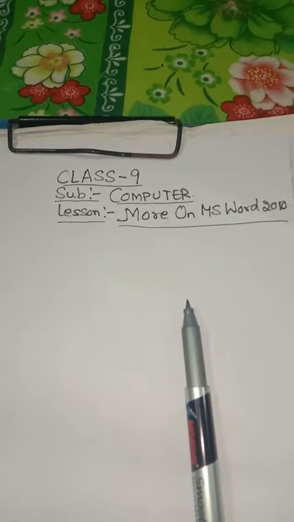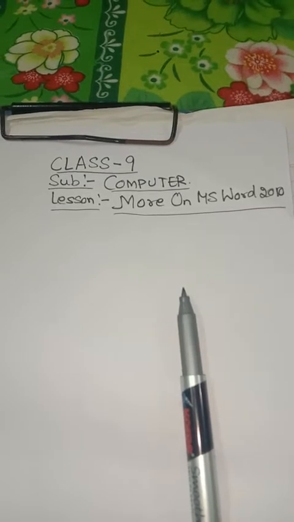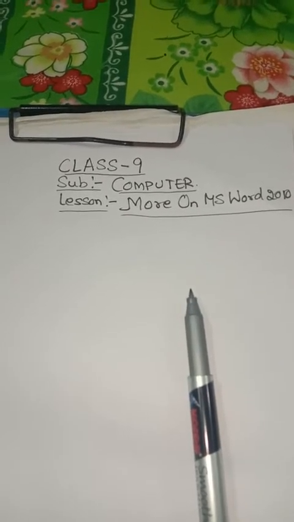What are shapes, how can we insert different types of shapes in our document, how can we change the color and outline of the shape, how can we add text in a shape. Next we have discussed how to take the screenshots of our windows.